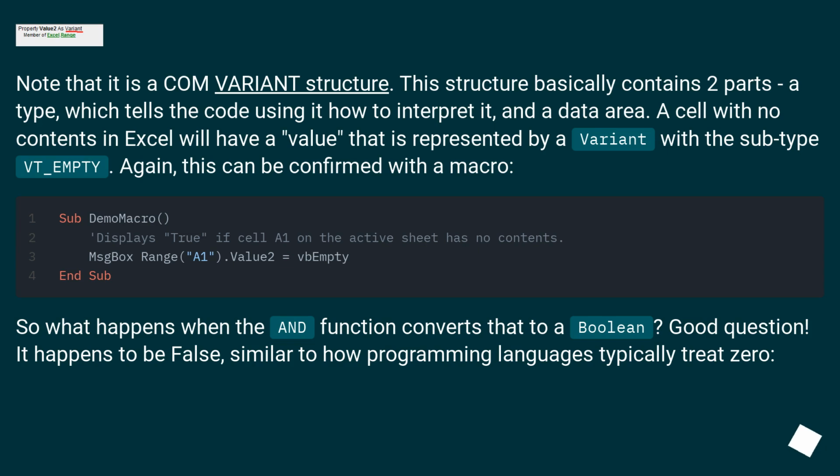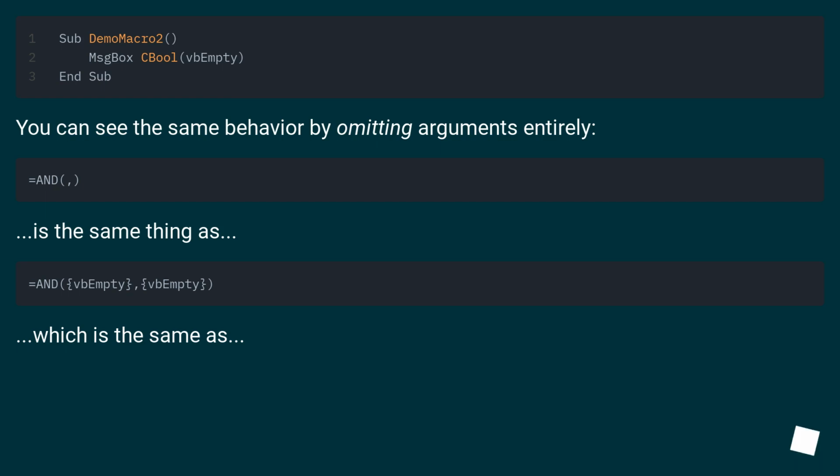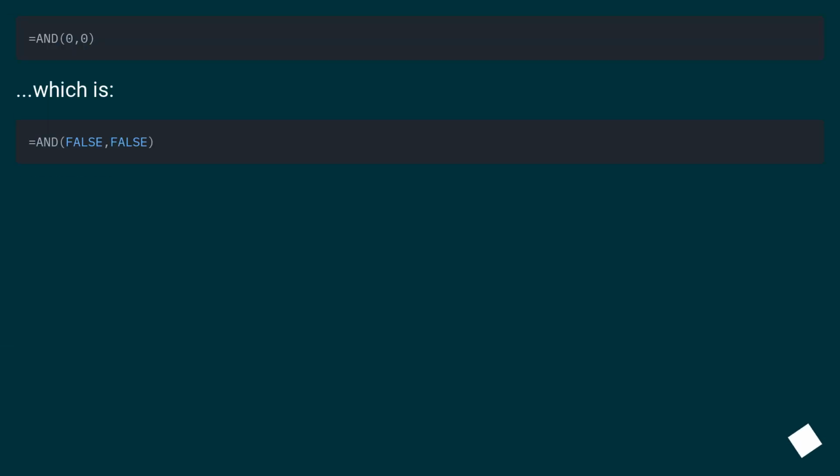So what happens when the AND function converts that to a boolean? Good question. It happens to be false, similar to how programming languages typically treat zero. You can see the same behavior by omitting arguments entirely. Is the same thing as, which is the same as, which is,